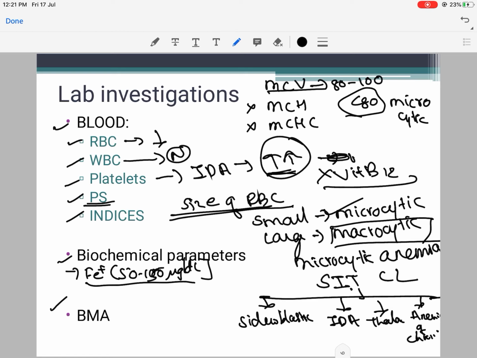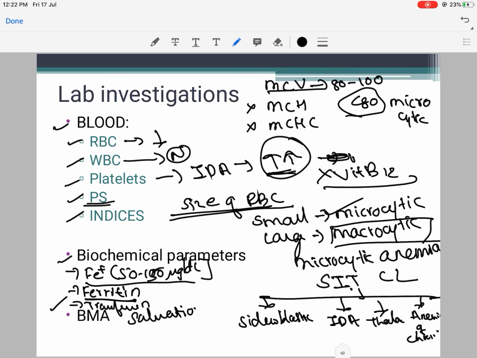Then in such cases, how to diagnose iron deficiency? Another important thing is that ferritin is the storage form of iron. So if ferritin is normal, that means that iron is normal. However, if ferritin is low, that means that the patient has iron deficiency anemia. Now if ferritin is normal, it could be falsely normal because ferritin is again an acute phase reactant. So in any inflammatory response, the ferritin may be normal even though the patient has iron deficiency.